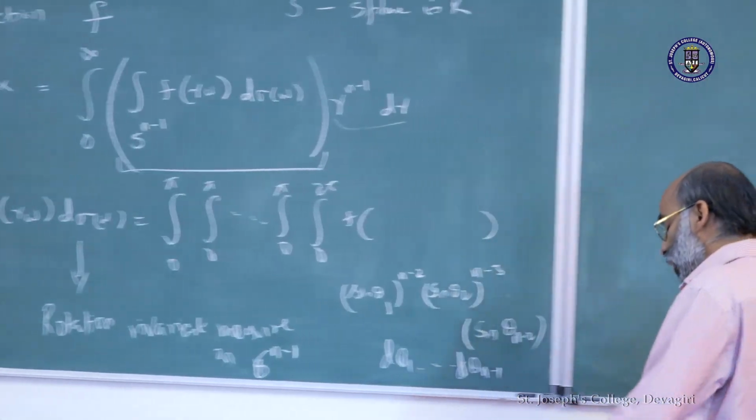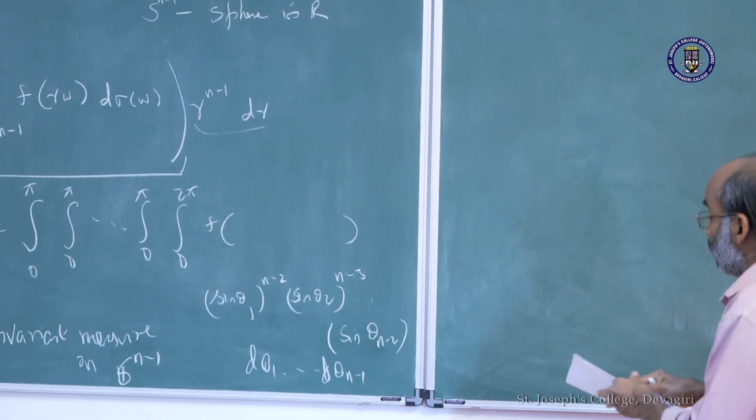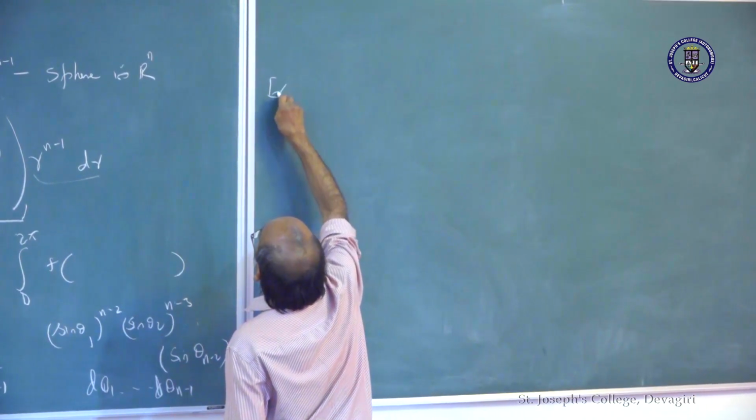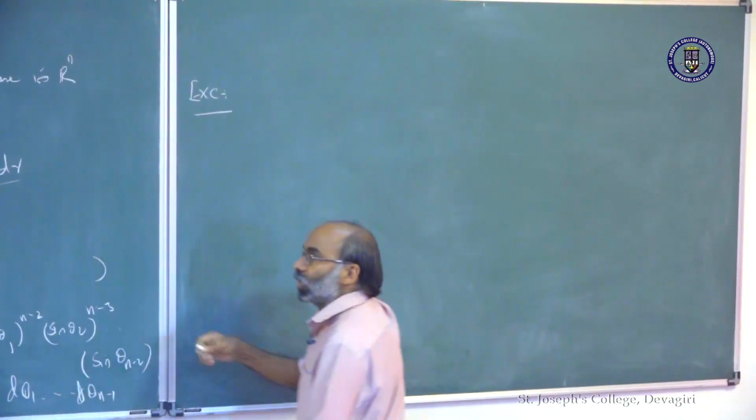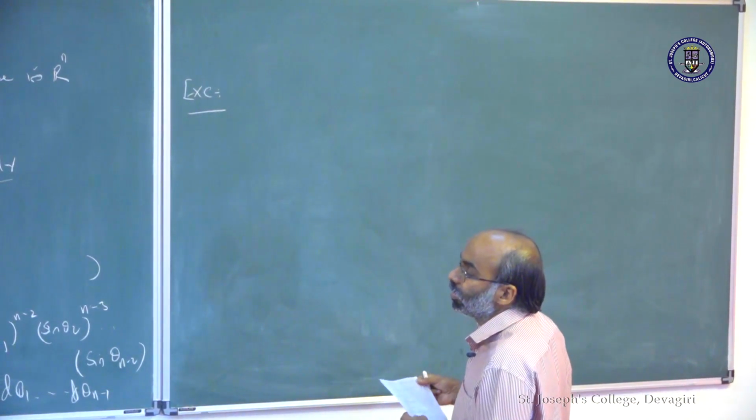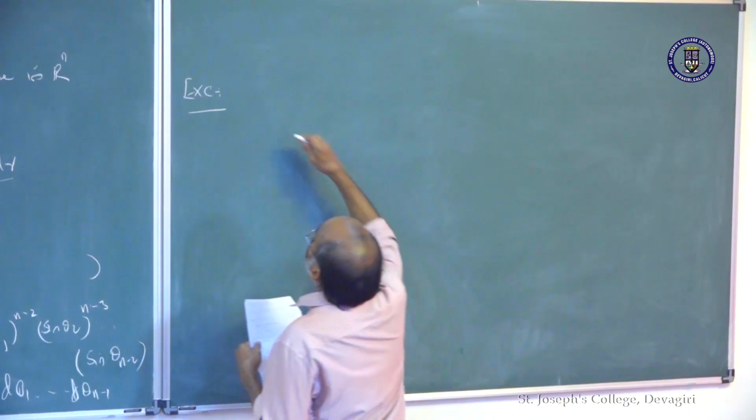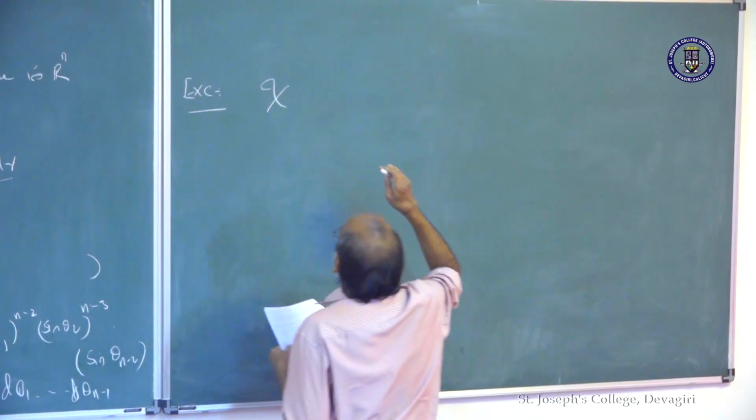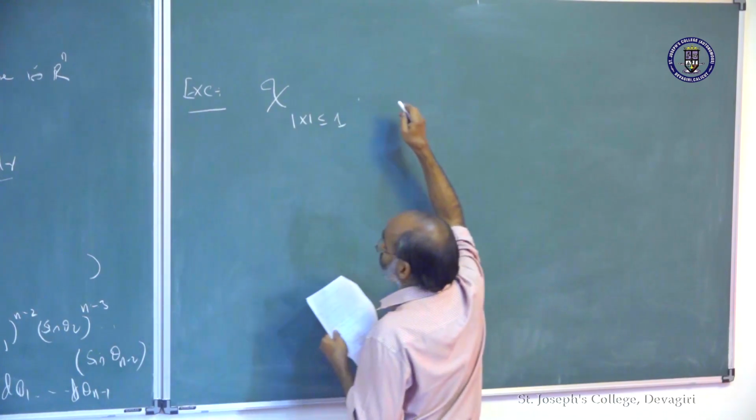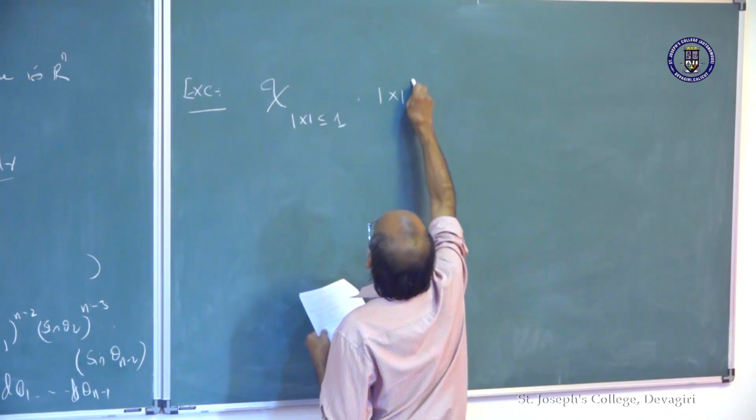Okay. So, let me give you some easy exercises here. So, use polar coordinates to justify all this. Okay, so this will give you a class of functions which are in L1 and so on. So, look at the indicator of, let's say, mod x less than or equal to 1 times mod x to the a. Okay,